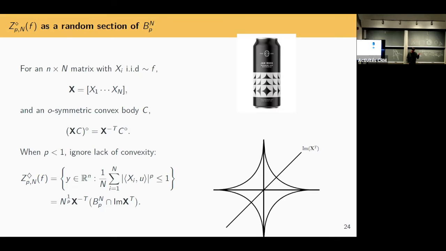Why don't I just think of taking this matrix, not projecting on some space, but taking the transpose and thinking about it as an embedding? Then the transpose comes with some lower dimensional subspace, and I'll just slice an LP ball. And formally, you look at what happens for this empirical LP centroid body. It's an LP norm, and I want a vector of inner products of my columns. I traded my X for the transpose to be in an LP space. It's a slice of LP where P is now less than 1.